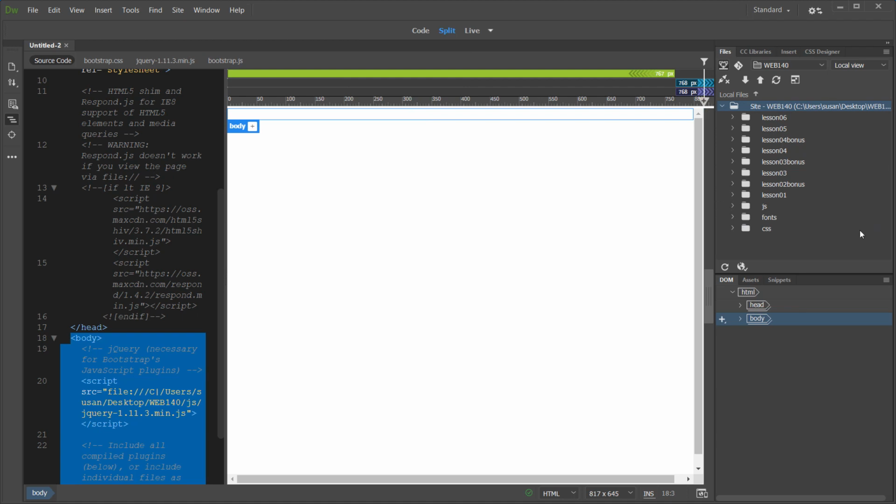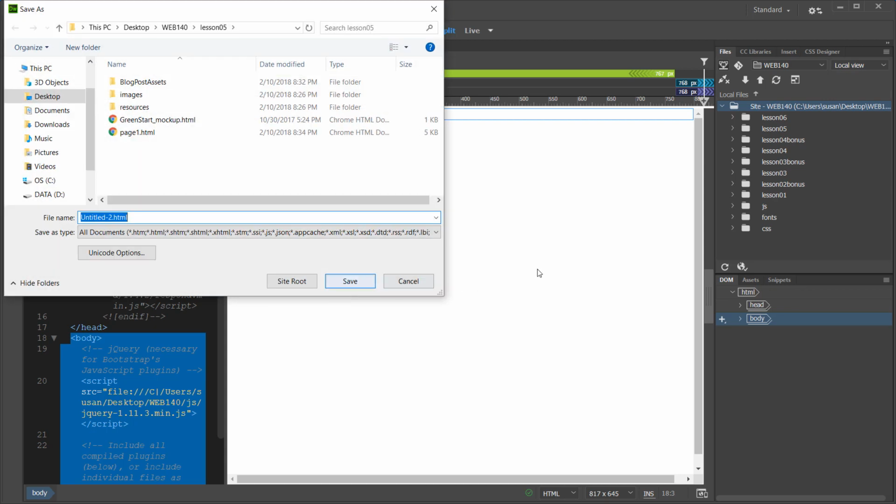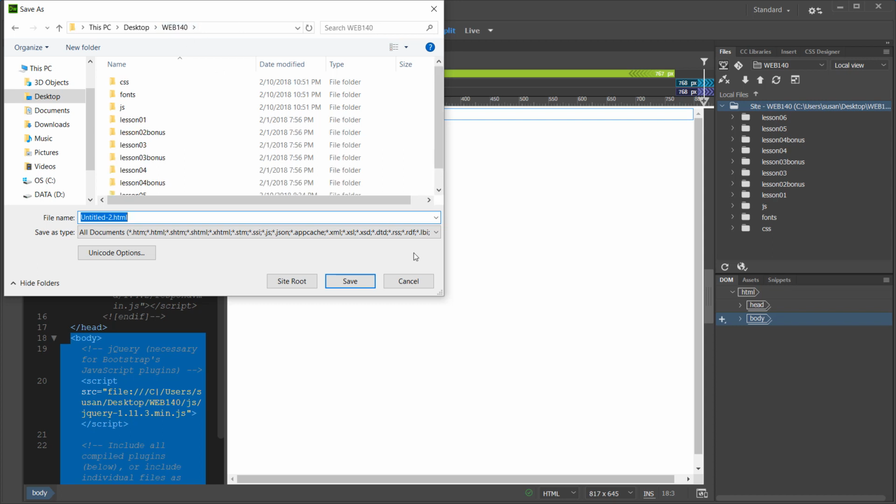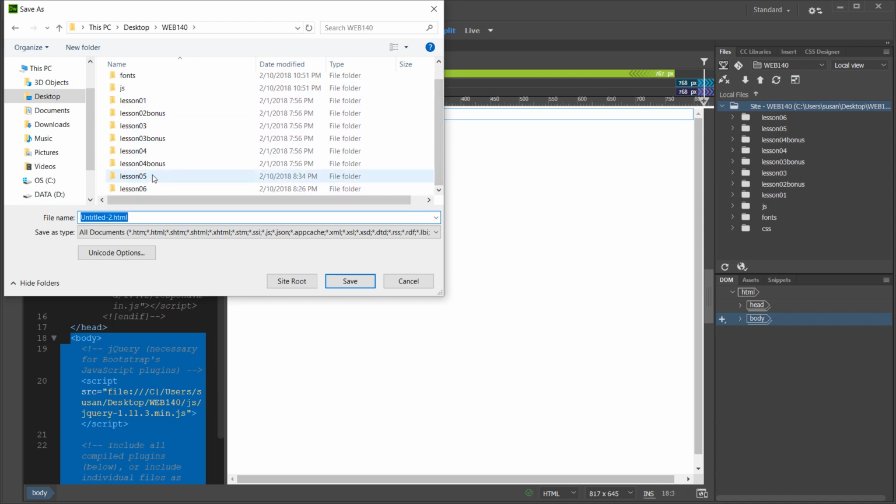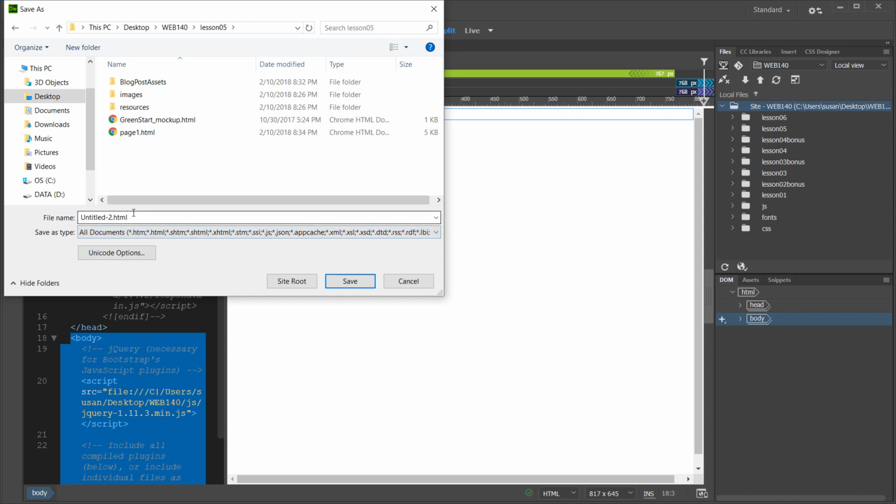In some cases down to the icons, but not right at this moment, because the first thing we're going to do here is save this as mylayout.html. So we're going to go File, Save. Be certain that you are saving inside your Lesson 05 folder. Now, you may very well be here. It's not where you want to be. You want to scroll down to Lesson 5 and make sure you're saving inside your Lesson 5 folder. And remember, you're naming this My Layout, and it knows it's an HTML page,